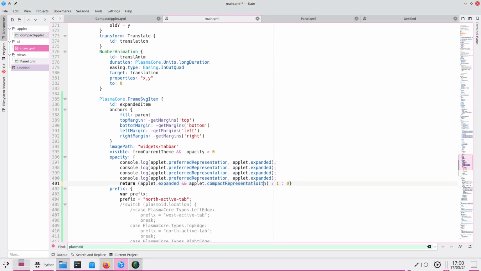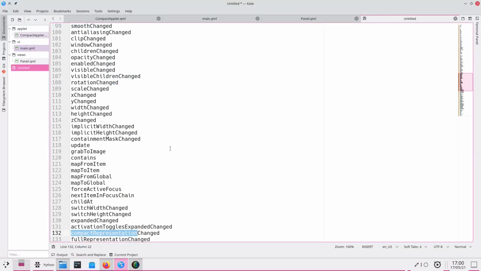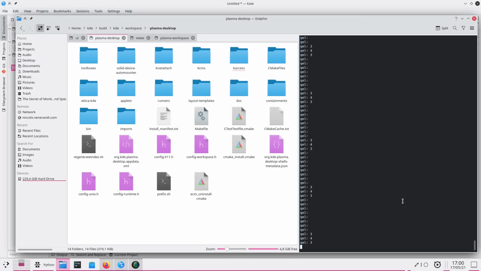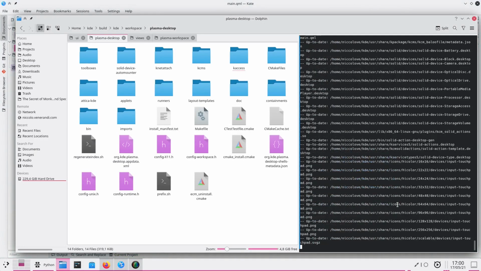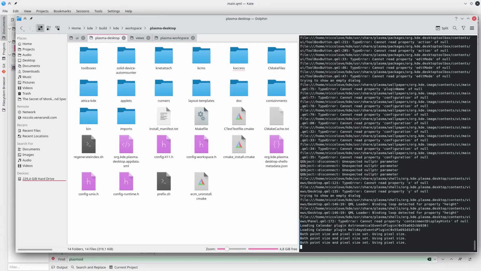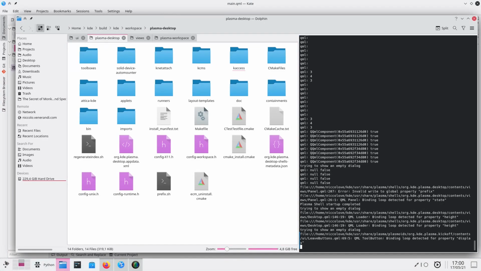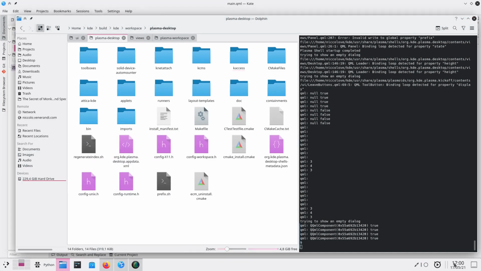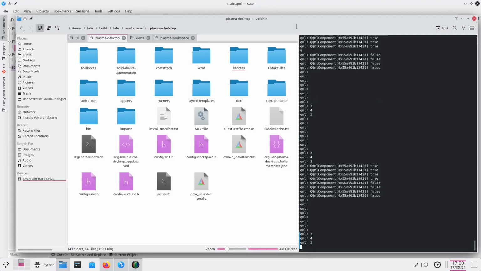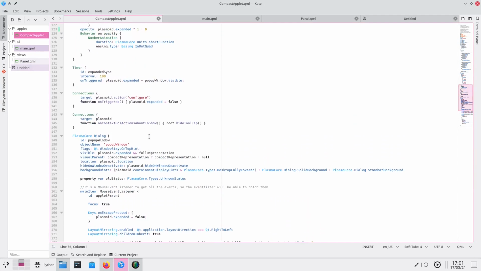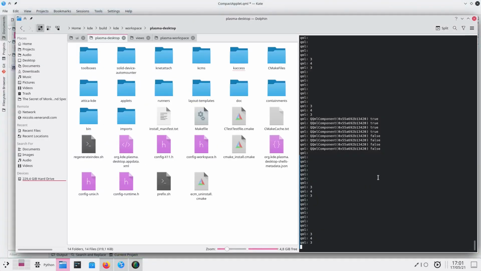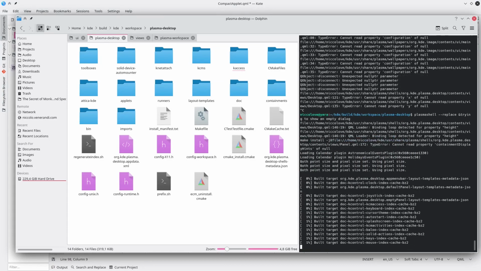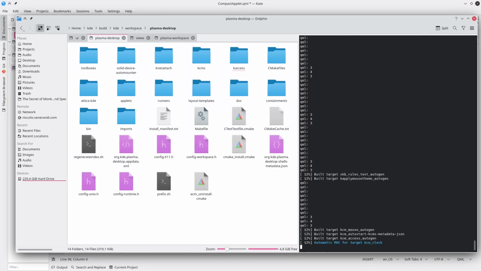Okay, but it actually should be item, which is different. Compact representation item. Okay, so let's try if it's actually item as the suggestion says, like this. Let's see. It works. Nice. Now we can actually get rid of the old one. So here, this line, we can just get rid of it like this. And if we make install now and then restart Plasma Shell, we should see that everything